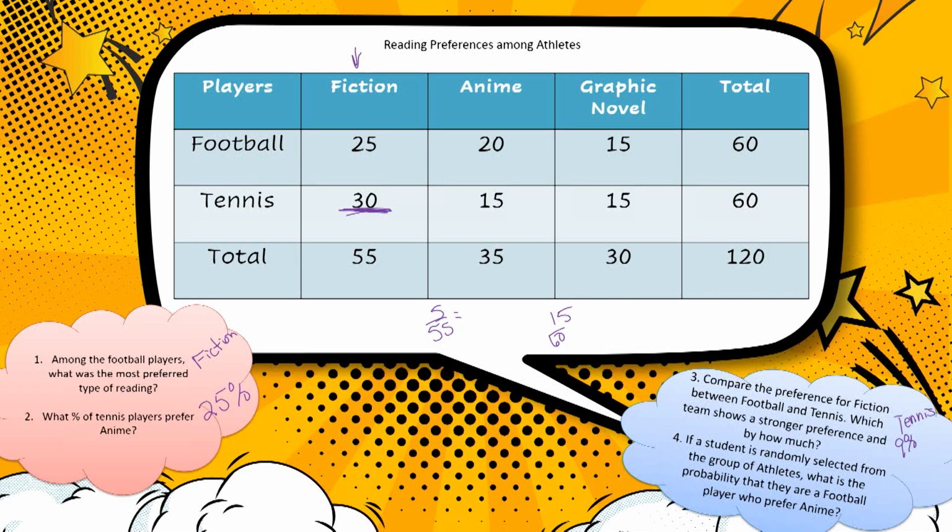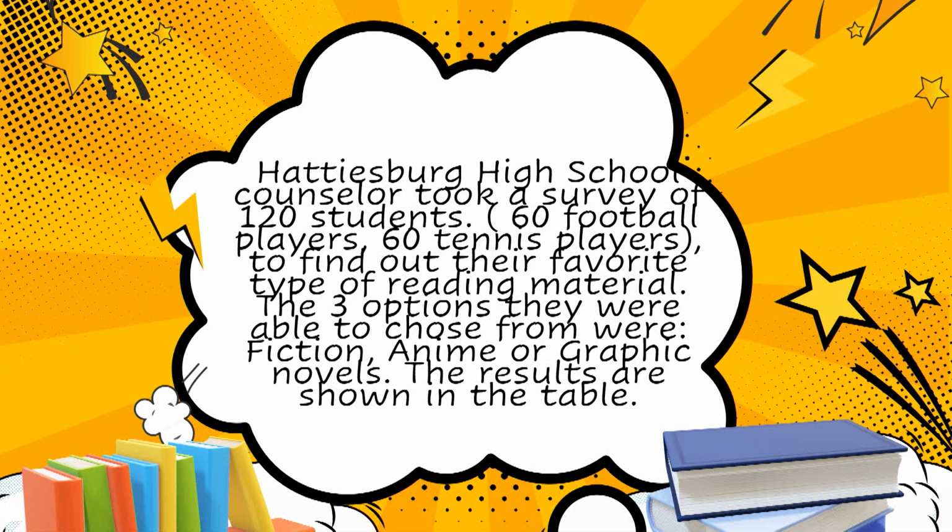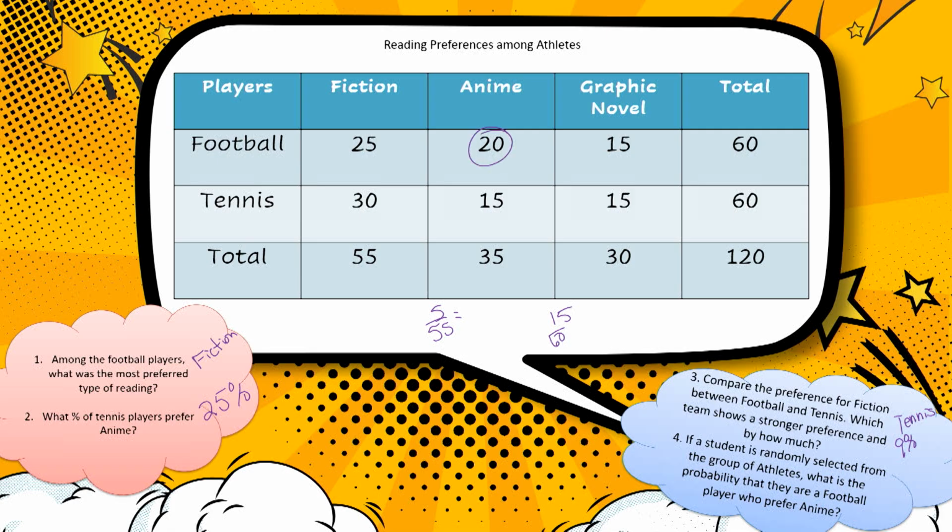Last one. If a student is randomly selected from the group of athletes, what is the probability that they are a football player who prefers anime? So I've got a football player who prefers anime. So 20 out of all of these people, so let's get a different color so we can see. So I've got this 20 out of 120. I'm going to plug that into my calculator. So I've got 20 divided by 120. I get my decimal, move 2 places to the right, and I get